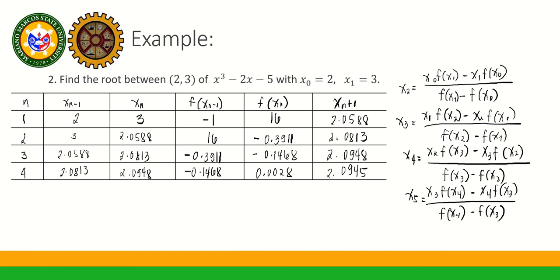Okay, so let's continue at n equal to 5. Sulat na lang natin dito. So if n is equal to 5, then x sub n minus 1 natin is 2.0948. Our x sub n will be 2.0945. F of x sub n minus 1 is 0.0028. F of x sub n will be, plug natin si 2.0945 dito sa ating equation, and we will get,